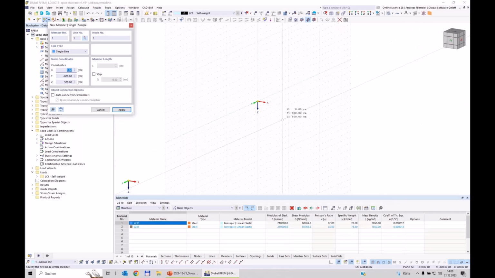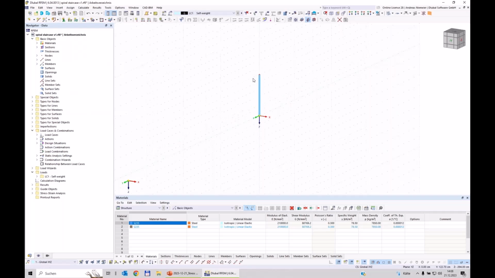Because I expect that this pole has an initial dimension of, let's say, 4 meters, starting from the origin, I place the first point in the origin and, let's say, the upper point about 4 meters up. So now I have the pole inside, so it looks pretty easy, and I realize, as always happens, I